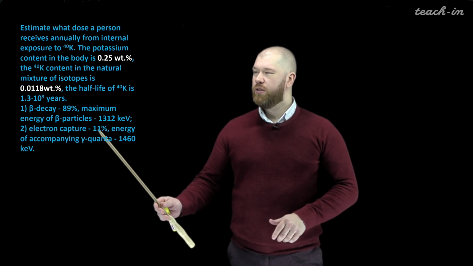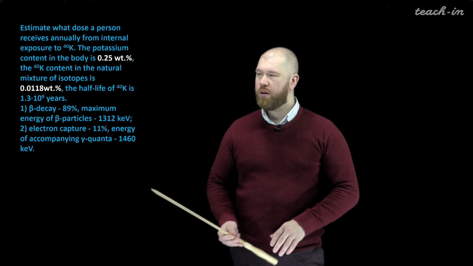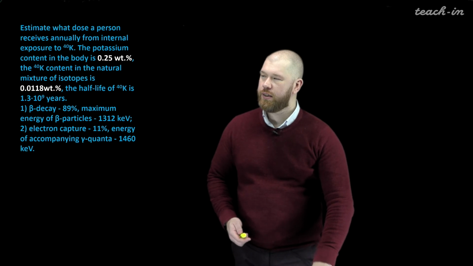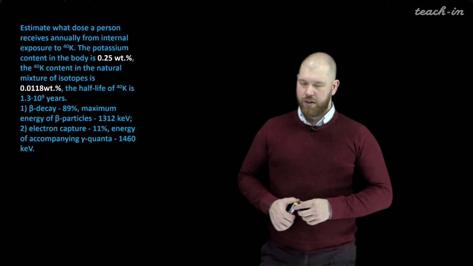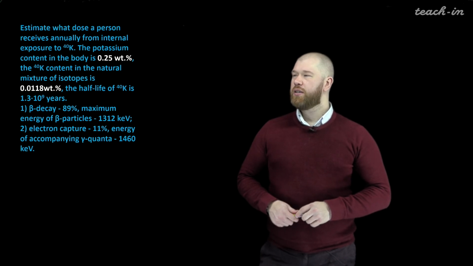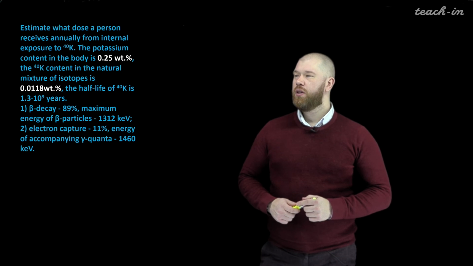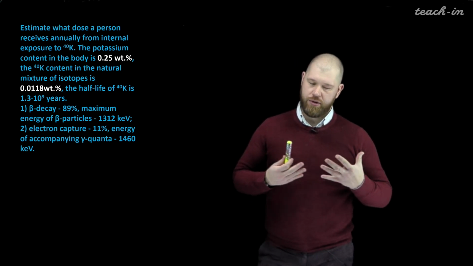There is electron capture that is accompanied by the emission of gamma quanta with energy of 1460 kiloelectron volts. So to estimate the dose inside our body, we have to calculate the energy that is